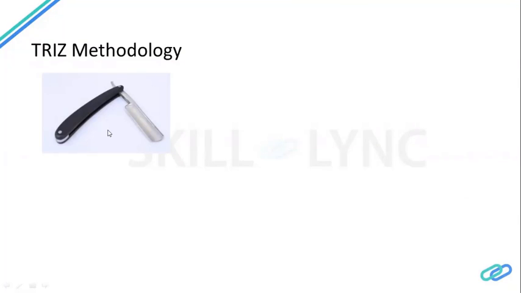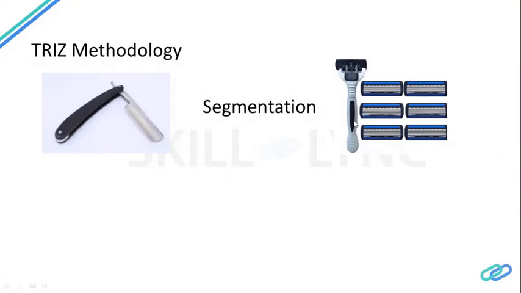Now what TRIZ methodology says is that when you have this kind of product where the value is happening only at one part of the product and the other part is not having any value, you apply a general solution which is called segmentation. So basically you segment the product into two, where you separate the value on one side and non-value on the other side. And we see that has already happened in the market, that this product has already gone through the segmentation process and the value is separated from the non-value part. So the handle is always the same. We only change the blade. So there is a general problem, a general solution, segmentation, and you apply it to your problem.